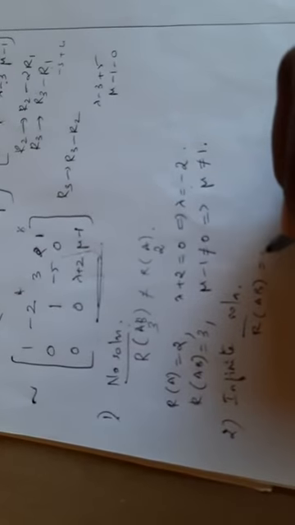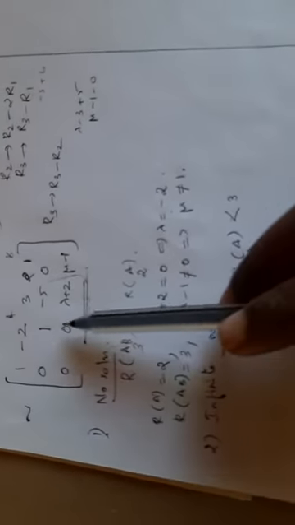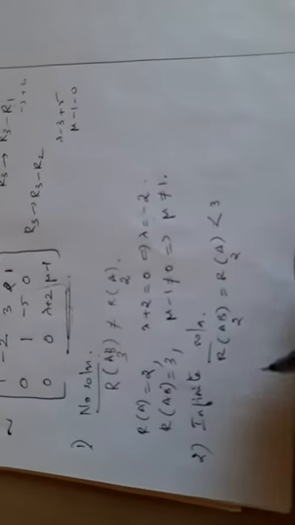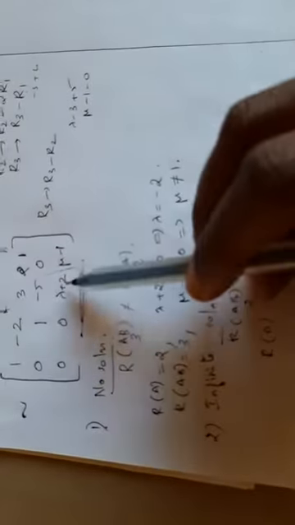Second condition is that the system may have infinite solution. So what is the condition for having infinite solution? Rank of AB is equal to rank of A, but both are less than number of variables. Here there are 3 variables, so both are less than 3 means this may be 2. Okay, 2 is less than 3, rank may be 2. So by looking into the matrix, rank of A will be 2 if lambda plus 2 is 0 or if lambda is minus 2.